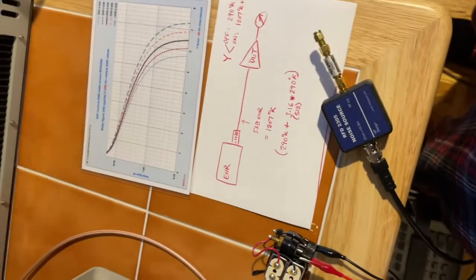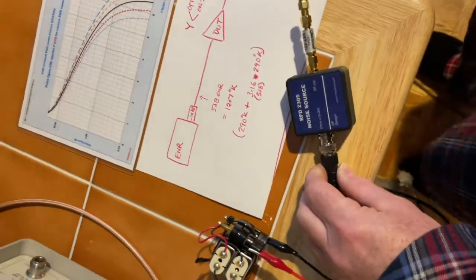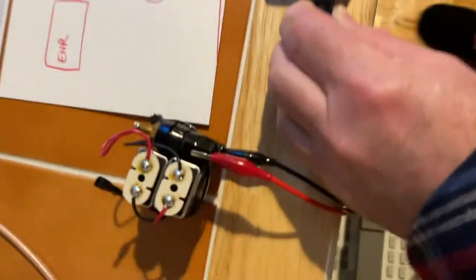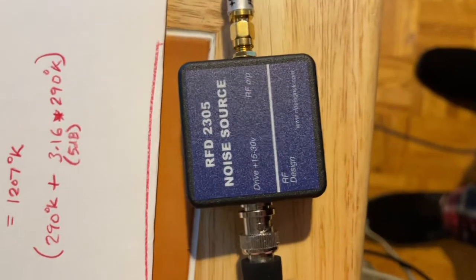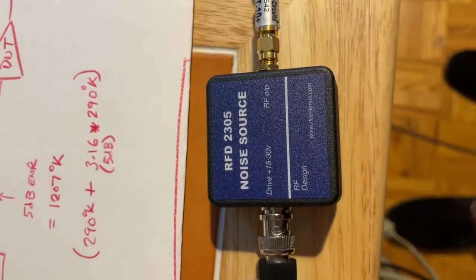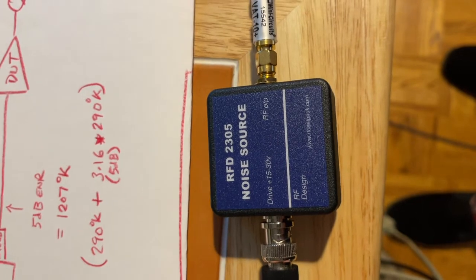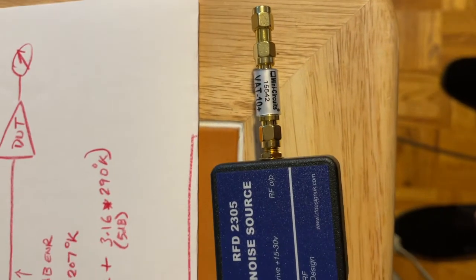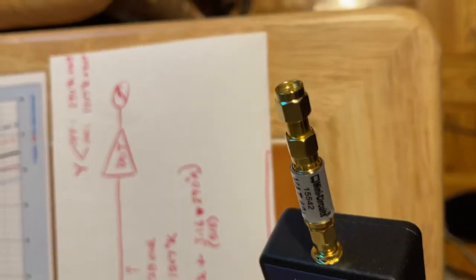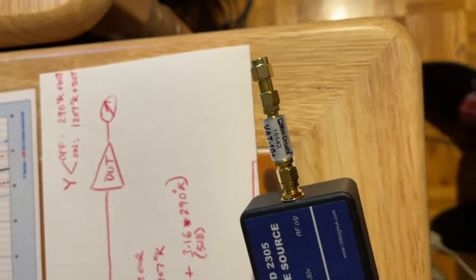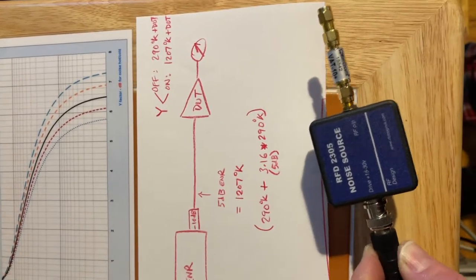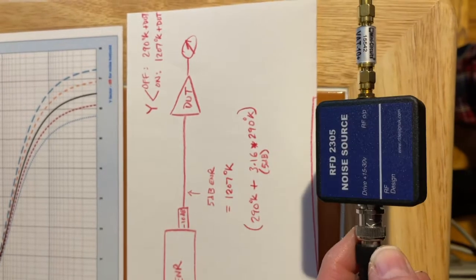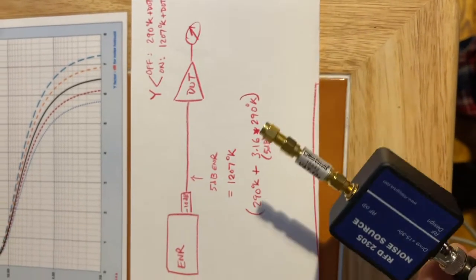I'm getting ready to measure the noise figure of the LNA. So I have an 18-volt power supply, and that drives this noise source. It requires 15 to 30 volts. And this is the output right here at this SMA connector, which I can connect directly to low noise amplifiers, transverters, what have you. So how it works is, it is a 5 dB excess noise source, which means